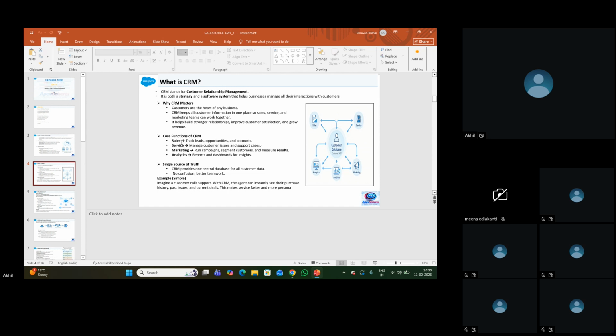We can track this with the help of the sales and service applications. Let's suppose we have a health insurance application, and that is live, and we are maintaining a good relation with the customer, and